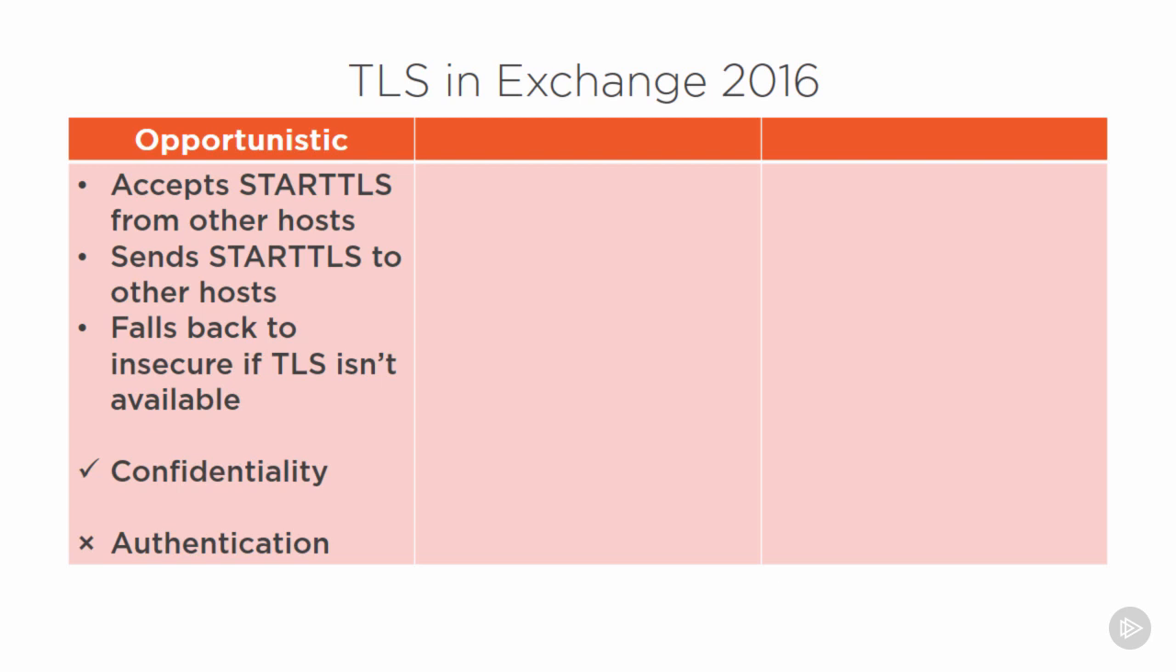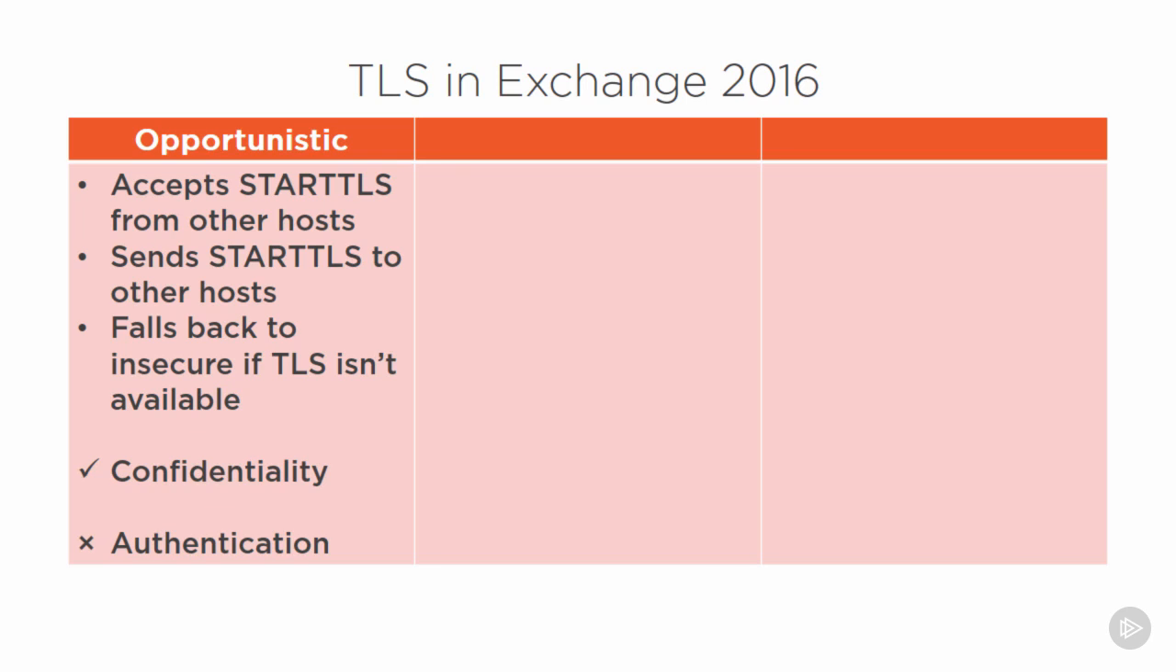The first is opportunistic. With opportunistic TLS, Exchange will accept STARTTLS requests from other hosts. It will send STARTTLS to other hosts, and if a TLS session can't be established, Exchange is happy to just fall back to an insecure connection. Opportunistic TLS, if it's successful, can provide confidentiality for the email in transit, but not authentication about who is sending